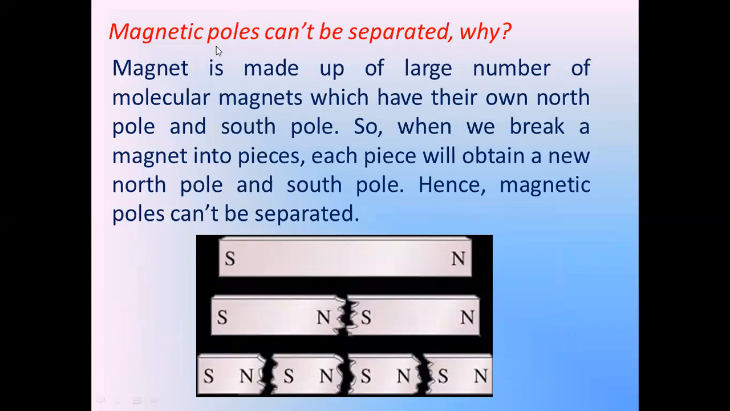Why? We all know a magnet has two poles, north pole and south pole. And we also know that the north pole always shows the north direction, and the south pole always shows the south direction. There are two poles, right? So the question is: magnetic poles can't be separated. It means if we break any magnet, like you can see in the picture,